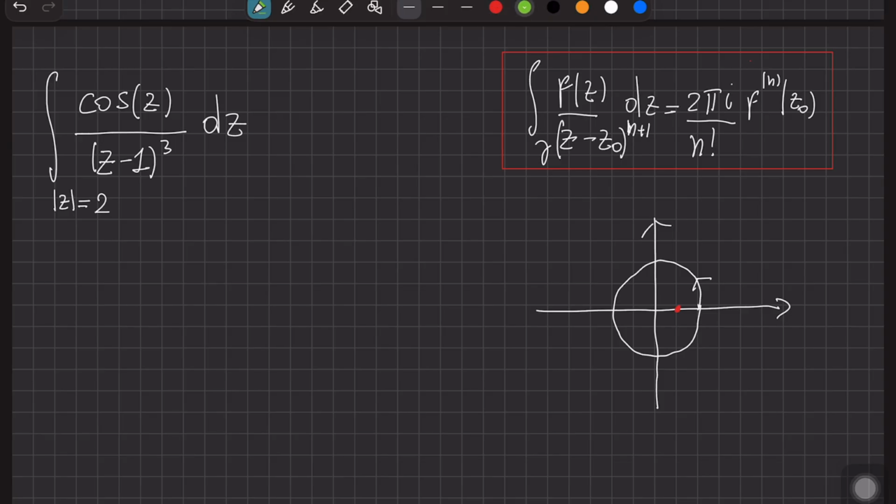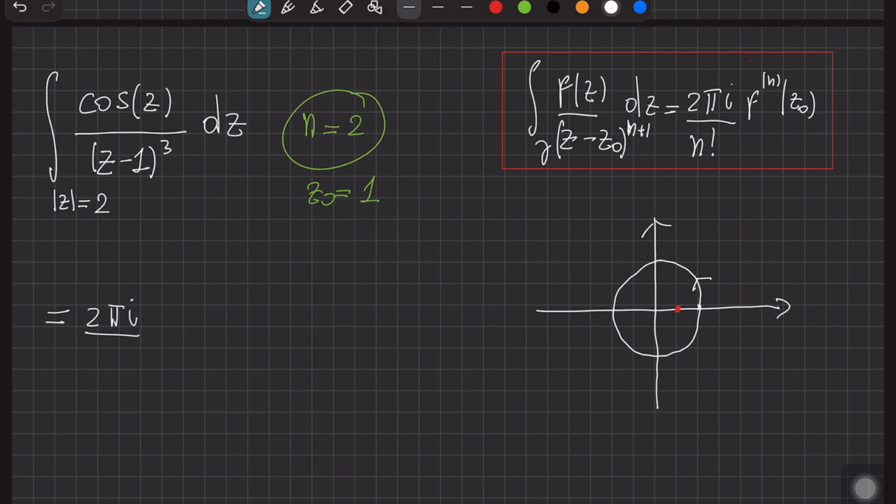So n is going to be equal to 2 for us, and z0 is going to be equal to 1, because it's the point of singularity. And that's it, basically. We can just apply the formula, more or less. So this integral is going to be equal to 2 pi i, divided by, so n is equal to 2,